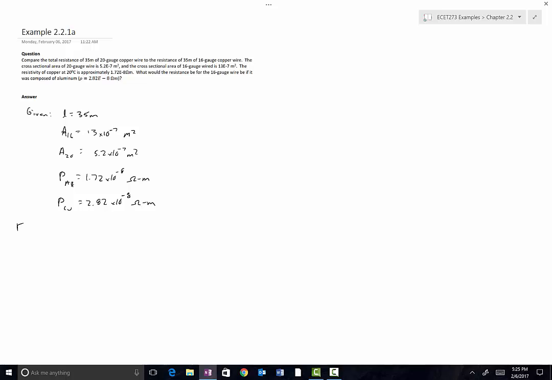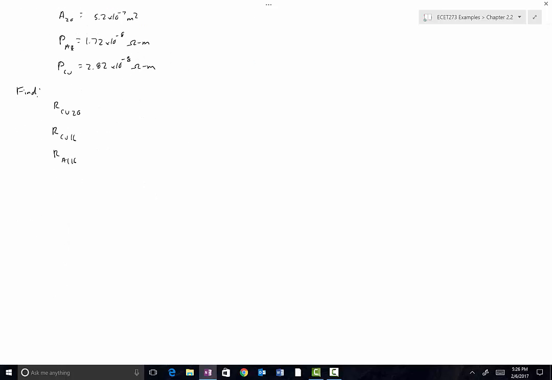We are asked to find the total resistance of the wire if it's made of copper and is 20 gauge. We're asked to find the total resistance of the wire if it's made of copper and it's 16 gauge. And then we were also asked to determine the total resistance of a 16 gauge wire made of aluminum. So I'll call that Al16. So those were the three things that we were asked to find. The solution is